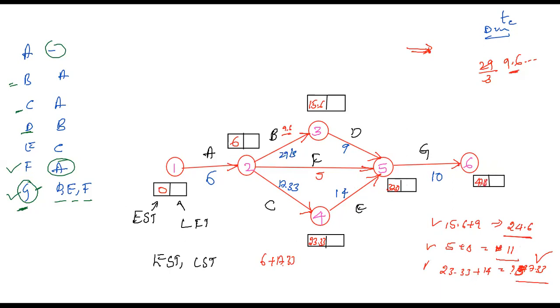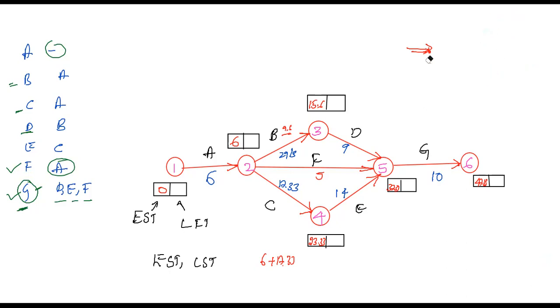Okay, so this is how we already learned in the CPM, right? A CPM problem, similar to that, we need to do. So we know that at the last node, the EST will be equal to the LFT. So the LFT of this node will again be 47.33. Again we need to check the tail while going in the backward direction. Tail check, 47.33 minus 10 is 37.33.